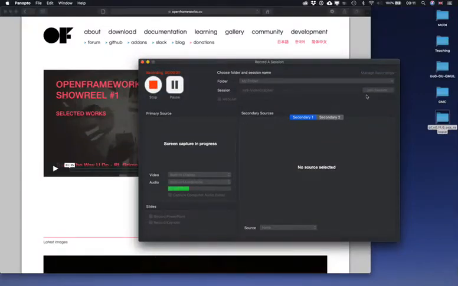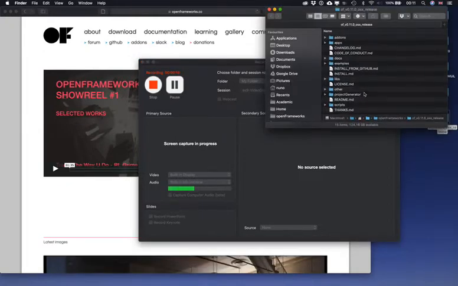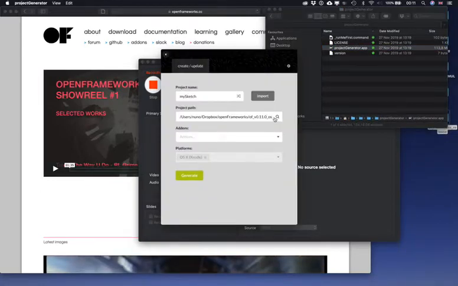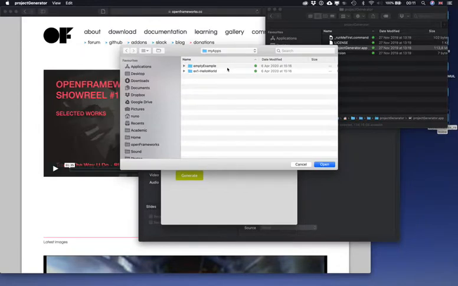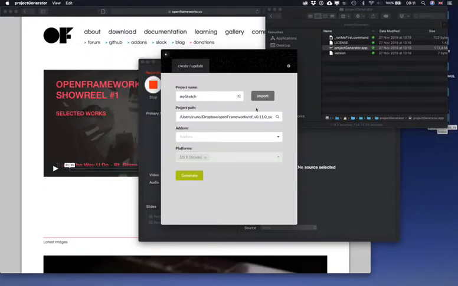Hello. So for exercise number 9, we will use the webcam. We will get data from the webcam and manipulate that data in openFrameworks. So I will open the project generator and point it to the folder that I've been using to store my examples or exercises. And I'm going to call this exercise 9